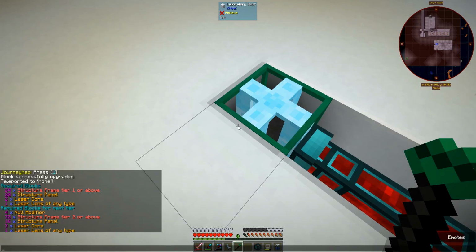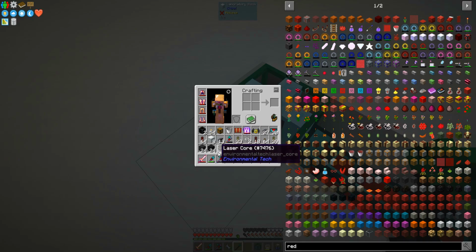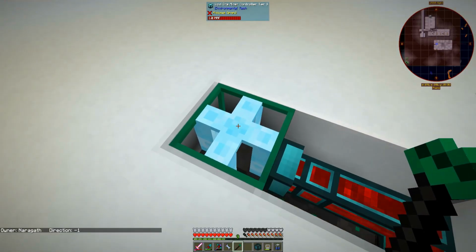So if you look in the chat, you'll see it. You need 24 structure frame tier 1 or above, 20 structure panels, 2 laser cores, 1 laser lens of any type. So pretty simple. You craft all that up, which isn't super cheap, but it really isn't that bad, if you've already got some resource production going, whether by hand or with, say, a quarry or something like that. So after that, you just hold down right click,